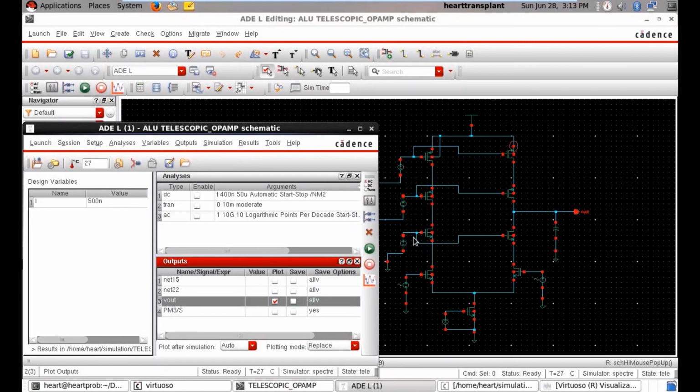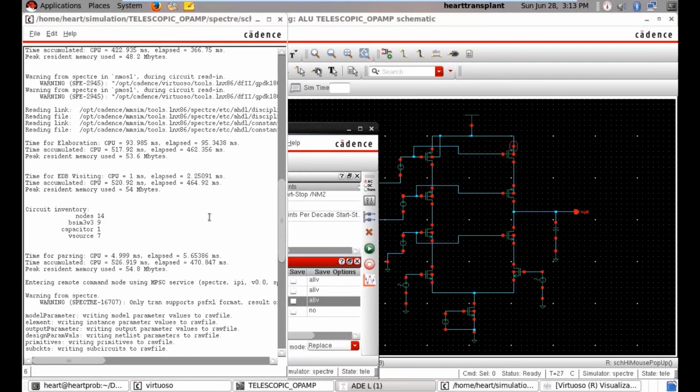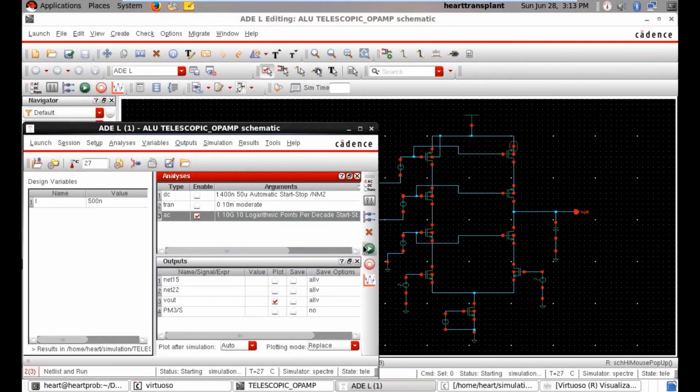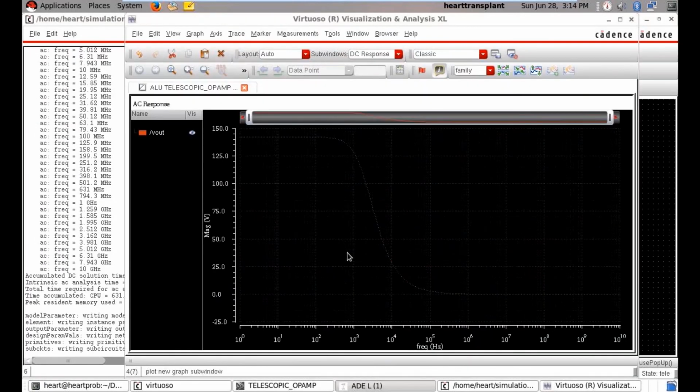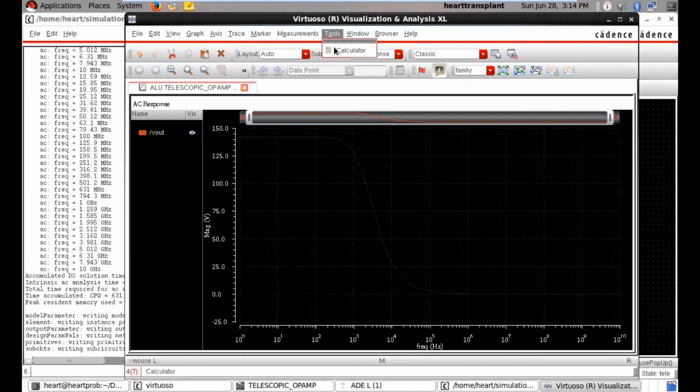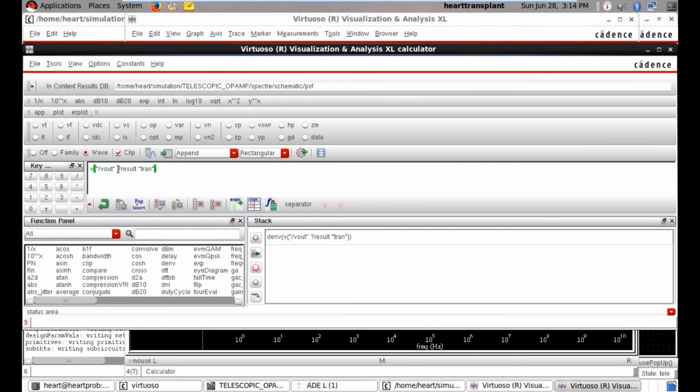After selecting, I'll run the AC analysis. We'll get the frequency range from 1 to 10 giga. What is the Vout from 1 to 10 giga?